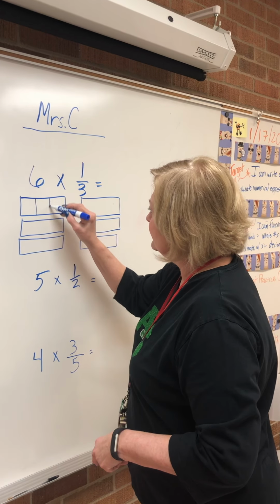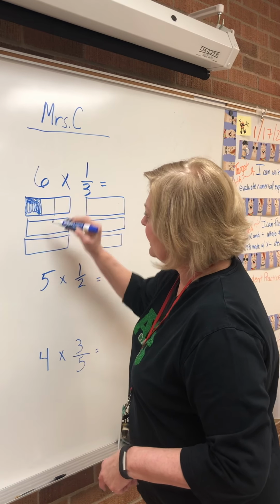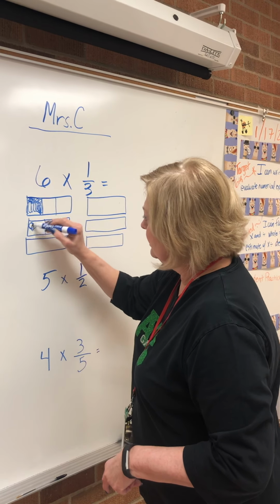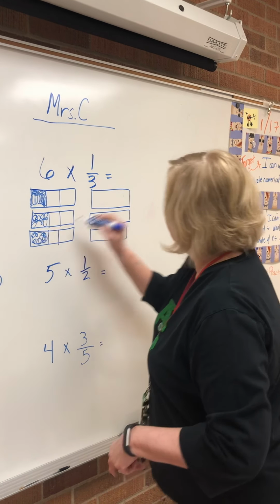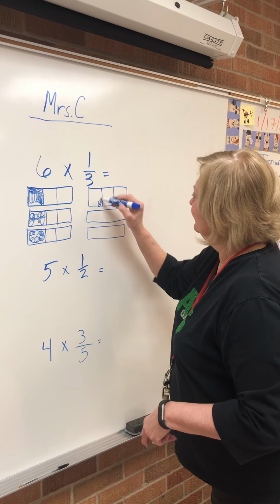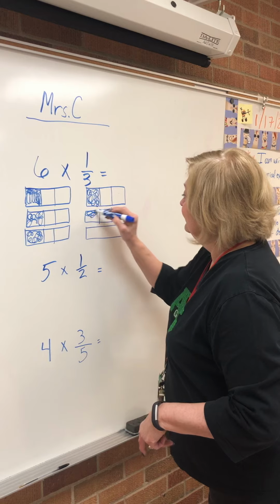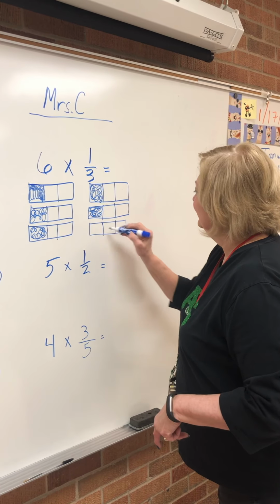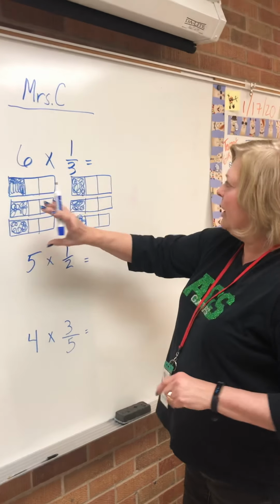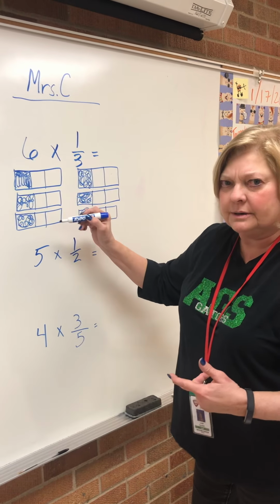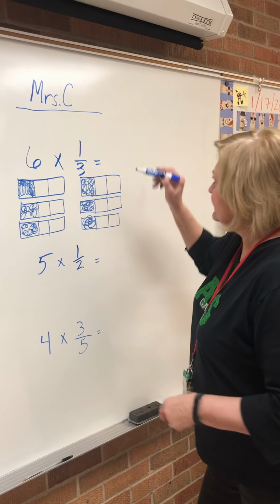So I have to divide this into thirds, color in 1. I'm going to go a little faster. Color in 1. I know this is wrong. I think you're going to get 6/3. That's not the same as what I have. Okay, thanks for being so patient. So now I have all my boxes and I've only done 1/3 of 6. So I have 1, 2, 3, 4, 5, 6. So I get